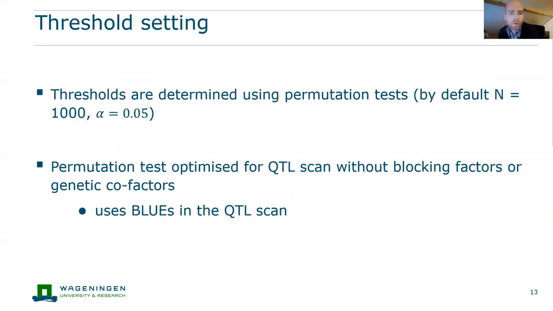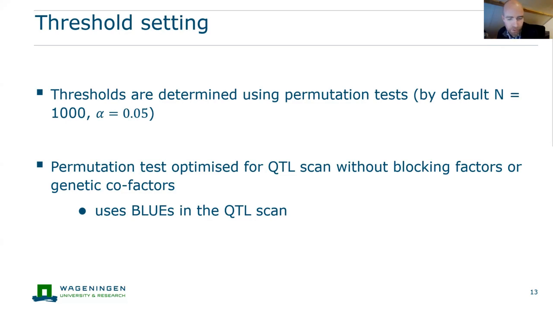As I said, we use permutation tests for setting our thresholds. It's fairly fast, I would say, the implementation. I don't have anything to show you here, but all of these steps are quite fast. And there are particular tricks that you can use. For instance, if you have a very high density data set, what we often do is spline our probabilities at a regular grid of positions. So we reduce from maybe 1,000 positions on a chromosome down to 100 for this initial QTL scan step,